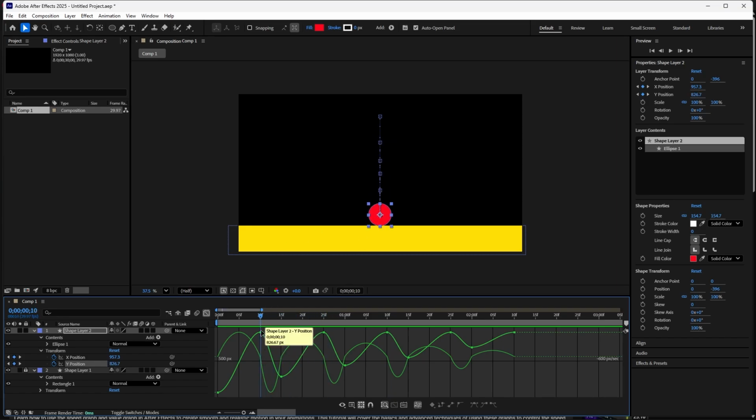So for that, what I will do, I will select this frame here. That means these top frames are the ground frames, the hitting positions. Here I am changing this